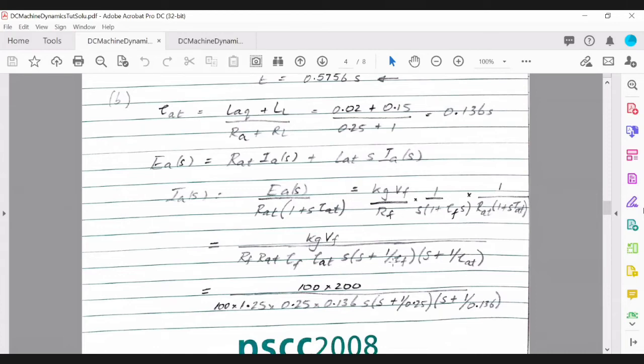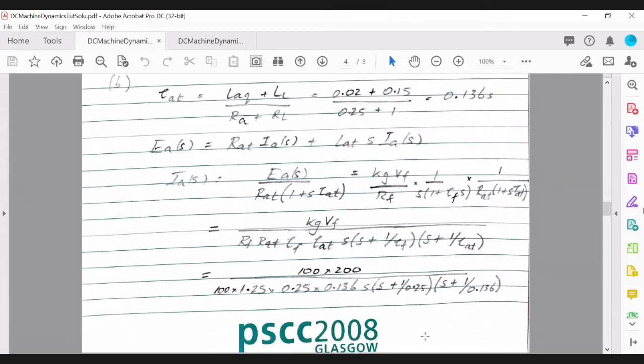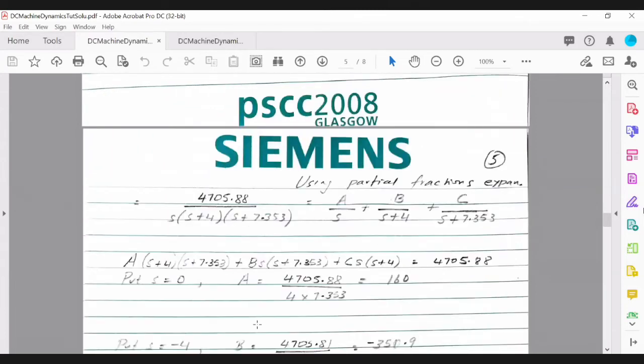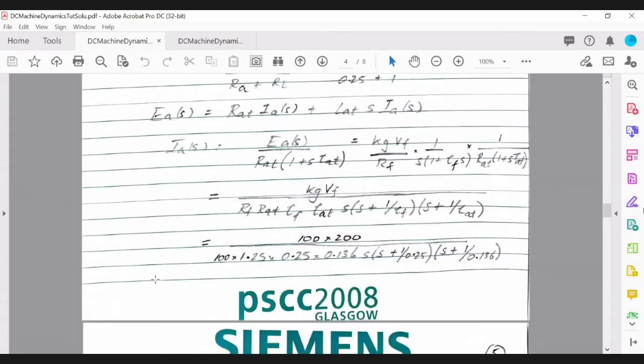So you will end up with 1 over tau F and 1 over tau A there. So those two terms have been factorized out. And then I've substituted all the time constants and the values here. So that's the expression that you come out with, right? And when you simplify, you end up with this expression, okay? So again, as you can see, for you to now solve for the time domain response of the armature current,